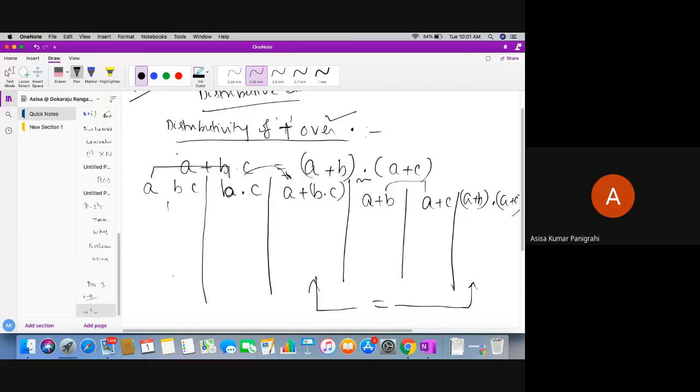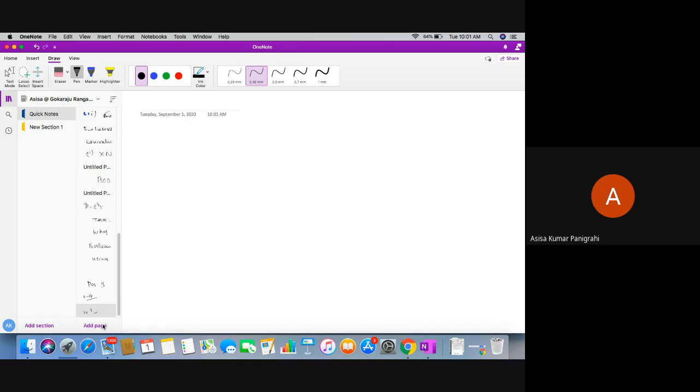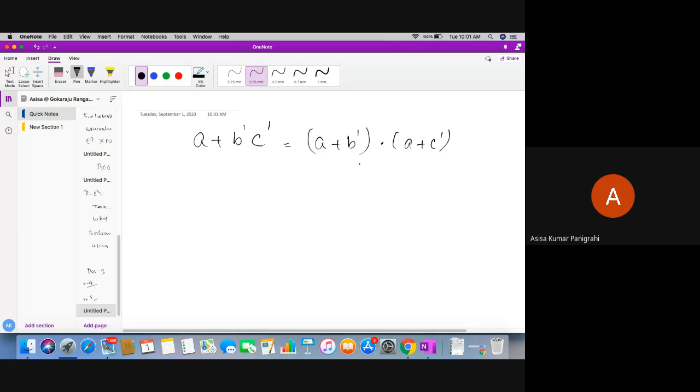Okay, is that fine? Next, we'll go to the next one. I'll just take 2 minutes to cover it. So now the question is, what about this one? Can I apply the distributive law here also? Yes, obviously. This will be (A or B bar) and (A or C bar).